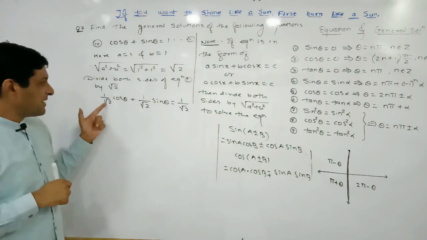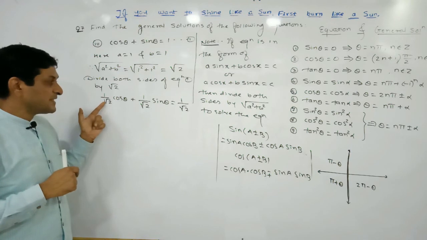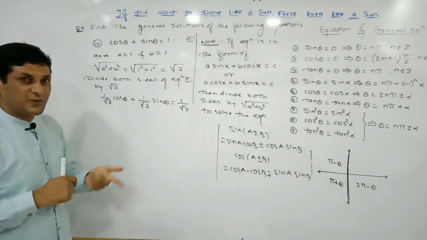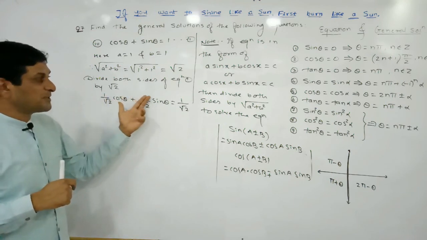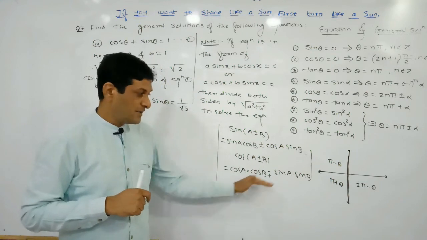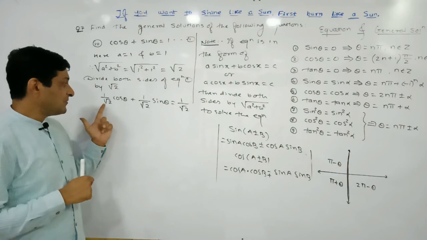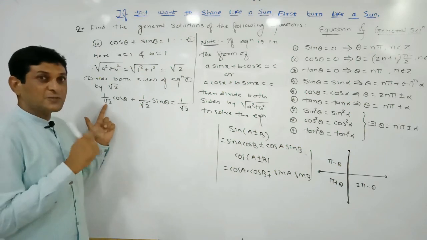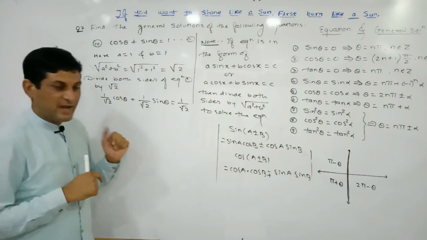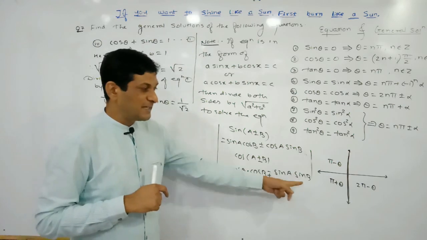Now here this 1 by root 2 can be replaced by sine 45. If I am replacing it by sine 45, then this 1 by root 2 is replaced by what? Cos 45. So sine A into cos B plus cos A into sine B means we are able to arrange the term in this formula also. And if we want this formula, then both terms should be of cos, so 1 by root 2 can be written as what? Cos 45. And here also 1 by root 2 can be written as what? Sin 45. Means cos A into cos B, here plus is there, so plus sin A into sin B.